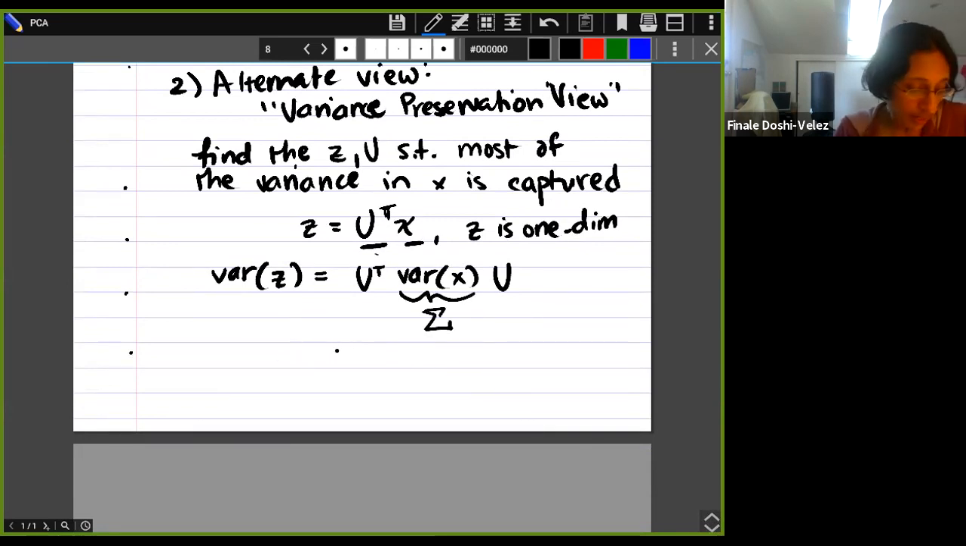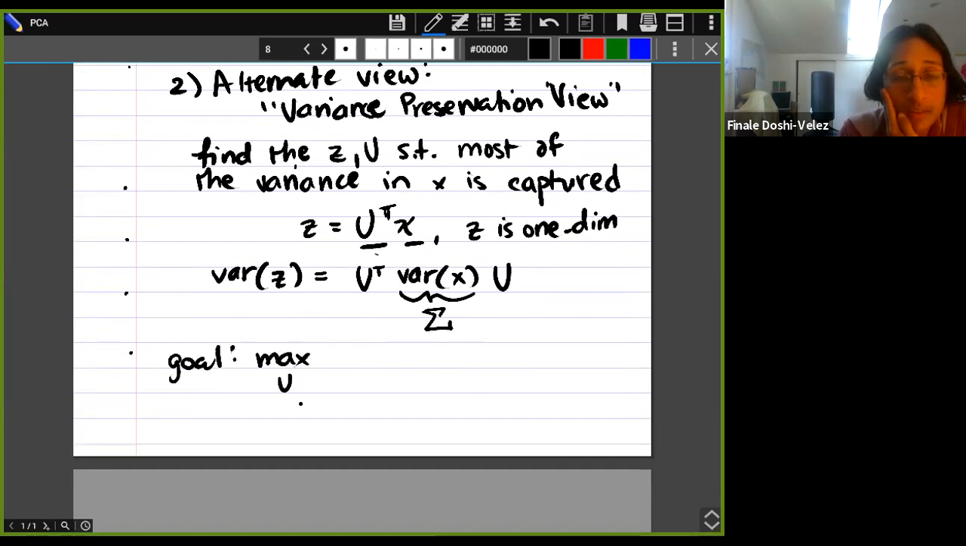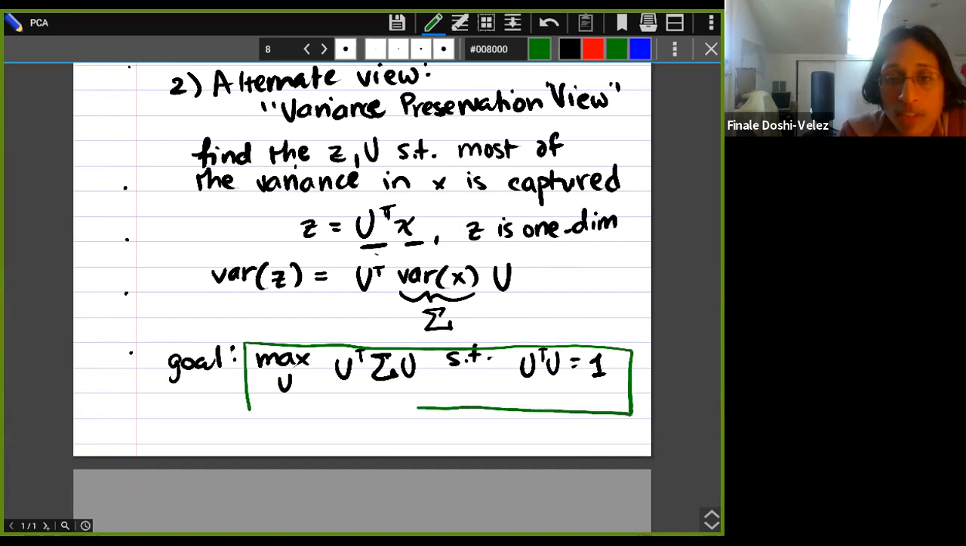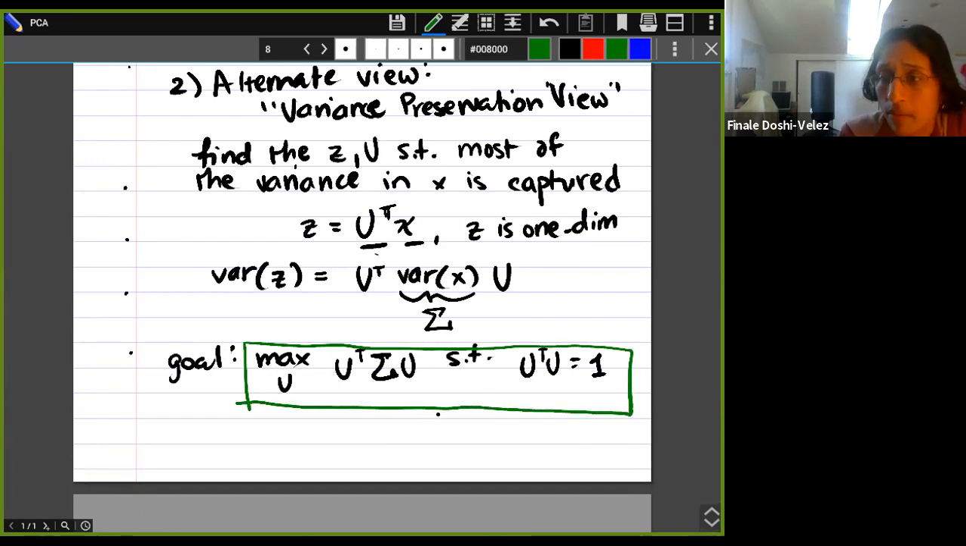So we can write that our goal is to find a U that maximizes U transpose sigma U, such that, again, U transpose U is equal to 1 if we want this problem to be orthonormal, in this case, one vector of norm 1. And this expression that we get here, which is telling us what we want to keep, not what we want to get rid of,